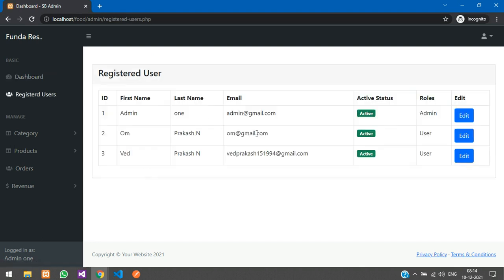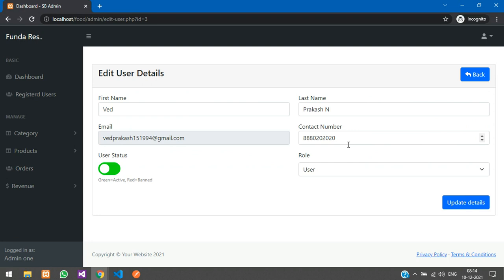We'll just go over there and check. So it's over here, registered users. The role is over here, and if you want to ban a user, like if the user is placing some fake orders or doing some fraud, you can just ban that email ID. We'll just go back